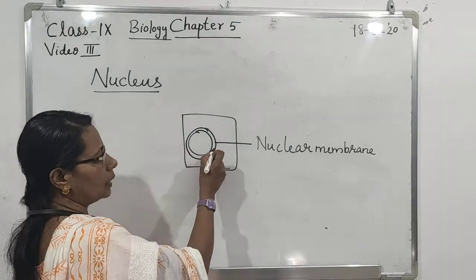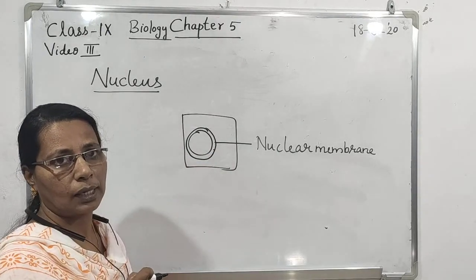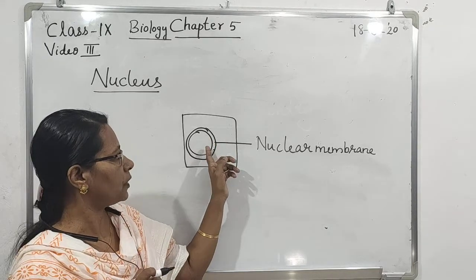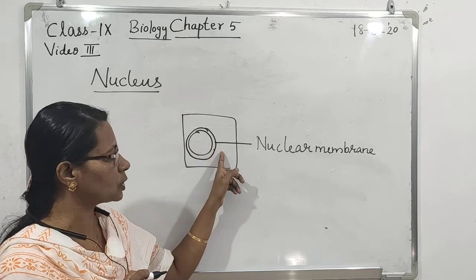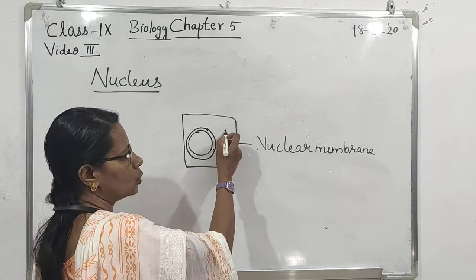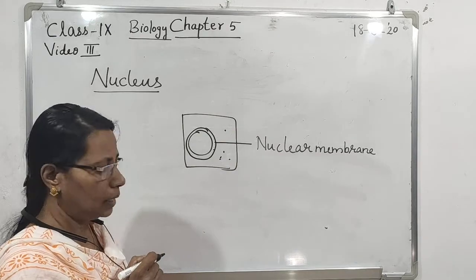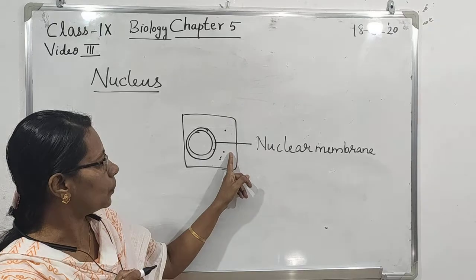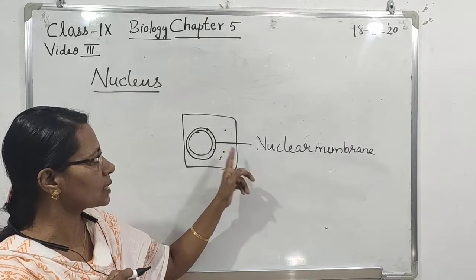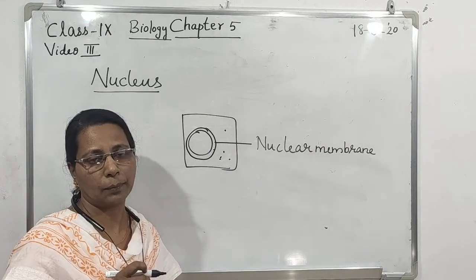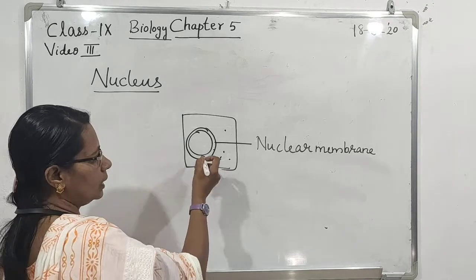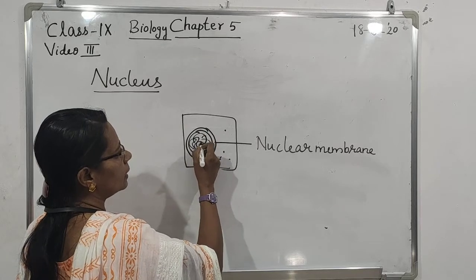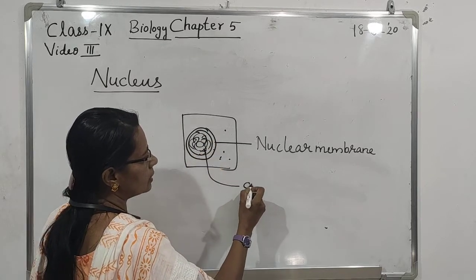This nuclear membrane has pores, and these pores help the nucleus to transfer materials from the nucleus to outside, that is, to the cytoplasm. Okay, transfer of materials from the nucleus to the cytoplasm is through the pores present in the nuclear membrane. Then inside the nucleus there are thread-like structures, and these thread-like structures are called